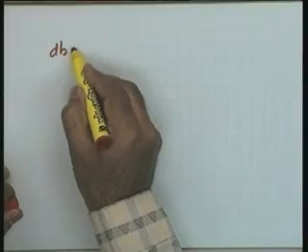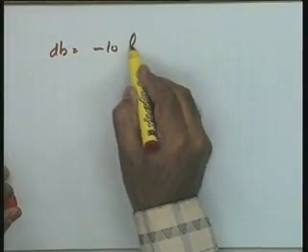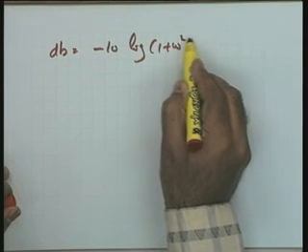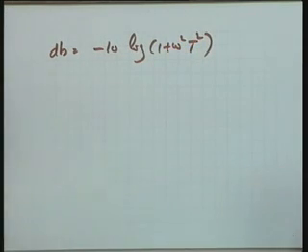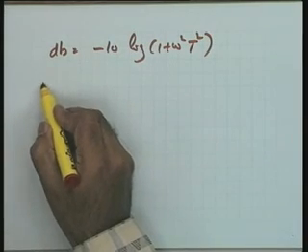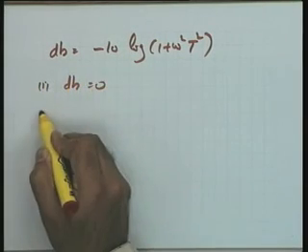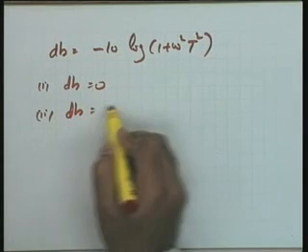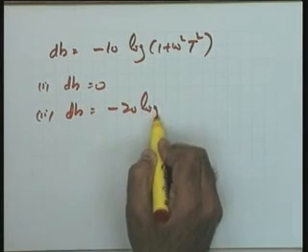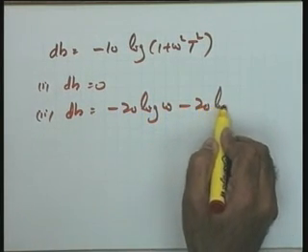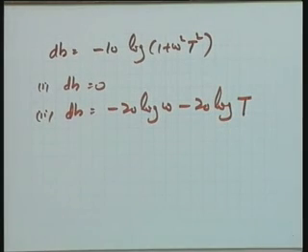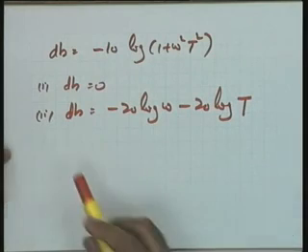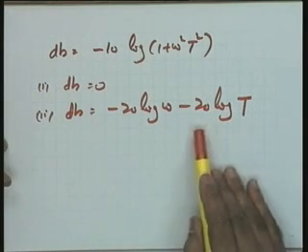Please see, as he said, what is the deviation with respect to the actual plot? dB equal to minus 10 log of 1 plus omega squared t squared is the actual value. Okay. Now, this actual value you just store it. Case 1: dB equal to 0. Case 2: I am writing in the form dB is equal to minus 20 log omega minus 20 log t. I am writing this as the second equation. For omega t greater than 1, my equation is dB is equal to minus 20 log omega minus 20 log t.